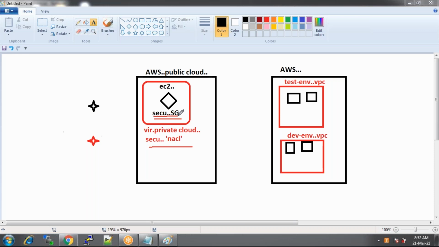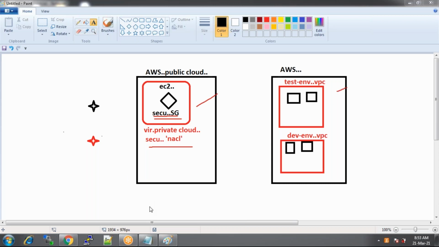Automatically, which means stateful, correct. Security groups are stateful, right? So you set up the inbound rules, and then those inbound rules will be applicable at the outbound rule level. But whereas in NACL, the Network Access Control List, you set up the rules for inbound as well as outbound. So what do we call it? Stateless. Right? That's the third difference. Remember, that is a major difference. Security groups are stateful and NACL is stateless. Remember that. We'll talk about that. So that's the first reason, and this is the second reason.